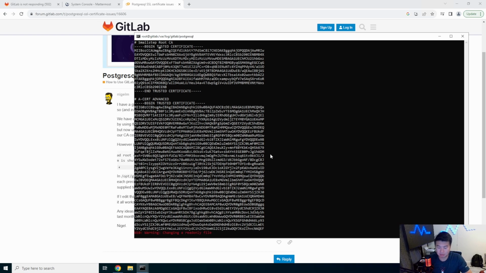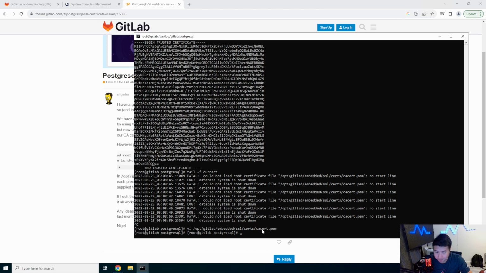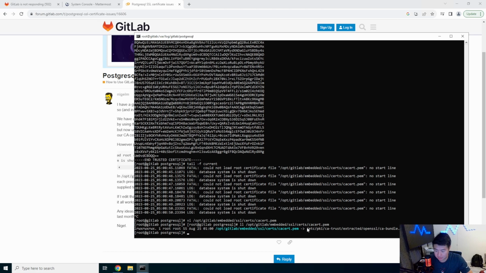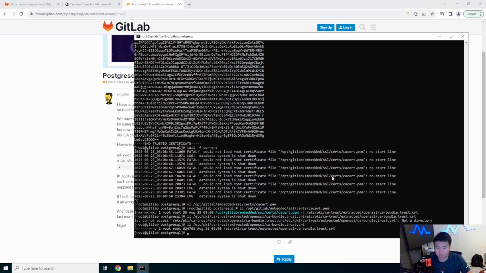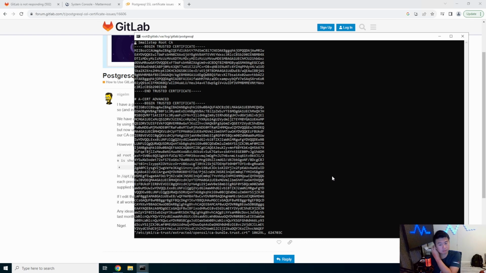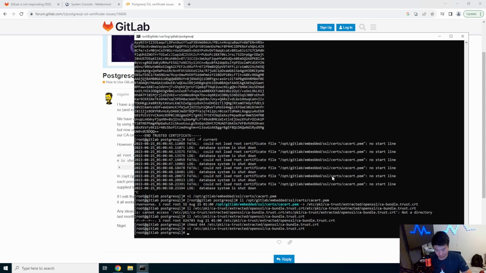Oh. Okay, 1 second. So I actually need to edit this file. Oh. So based off of this little Stack Overflow GitLab page, if I were to edit like that,